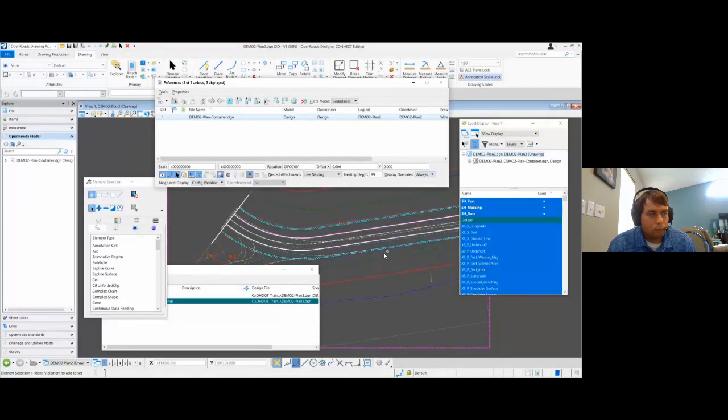So if I change the level display in here of that nested reference and I reload, I saw that I turned it on in the drawing model, but it's off in my design model, which is the opposite of what that do not override variable is supposed to be doing.